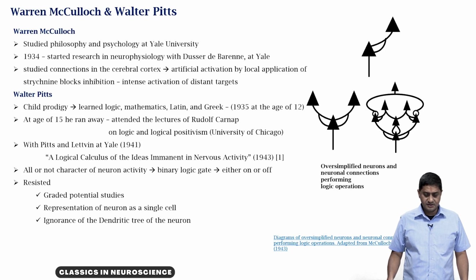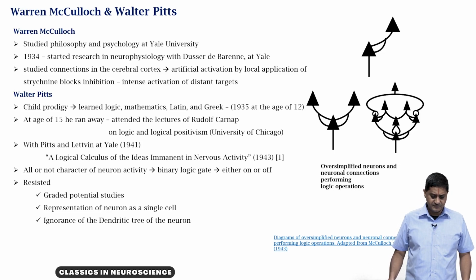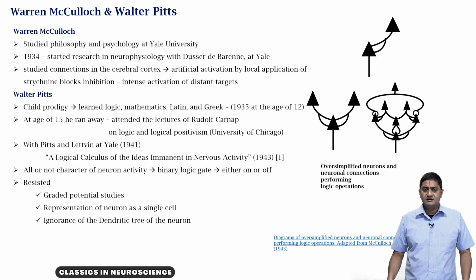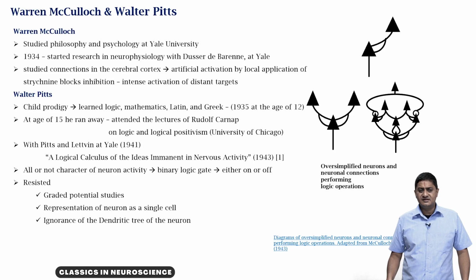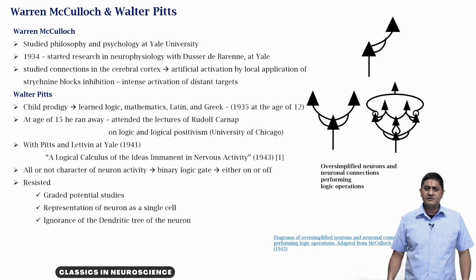Warren McCulloch studied philosophy and psychology at Yale University, and in 1934 he started research in neurophysiology with Dusser de Barenne at Yale University. And he studied connections in the cerebral cortex. Artificial activation by local application of strychnine blocked inhibition, for example, and he found that when this happens, there was also an intense activation of some distant targets. From the beginning, he was interested in coming up with a model of how the brain worked,